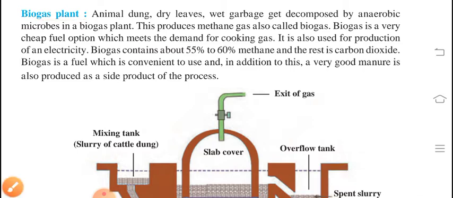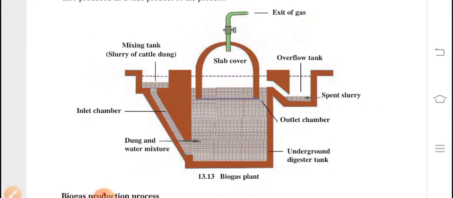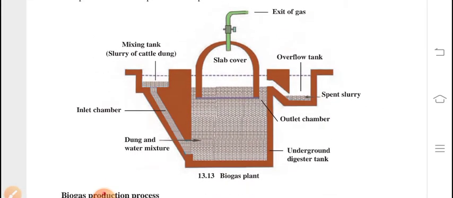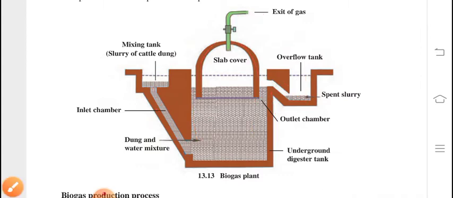I'll show you the biogas plant. This is the diagram for the biogas plant. Here the wall chamber is there. At the exit of the gas chamber on this side, a pipe is connected, and whatever dung we have to insert in it, we can insert from this way. This is the overflow tank. If some mixture is overflowing, it comes out from this side, and this is the biogas plant. Let's go ahead with the video of this process.